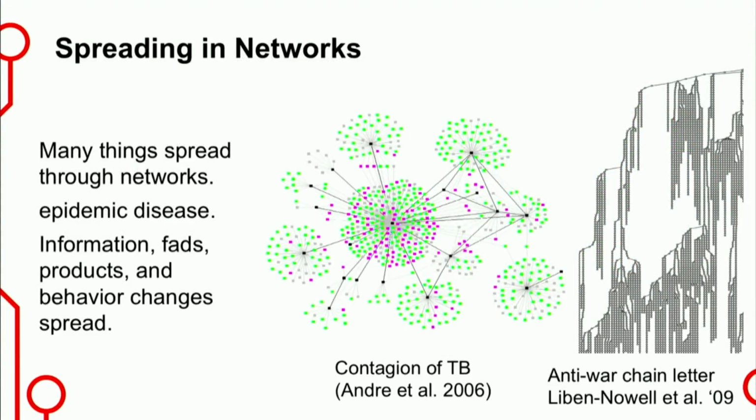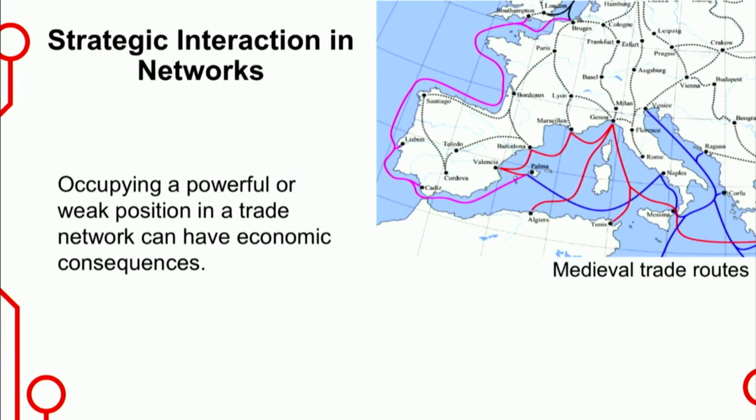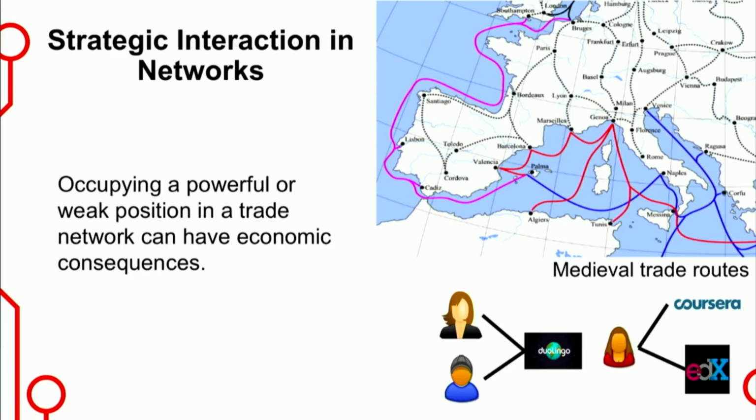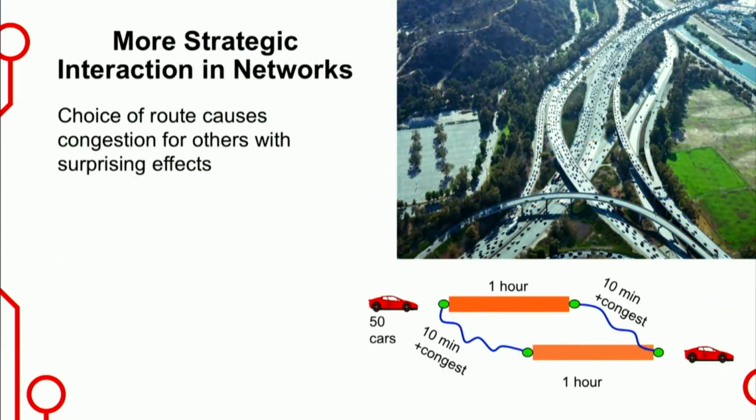We do talk a lot about spreading rumors or spreading things on a network, whether it's rumors or anything else, technology. We do talk about the market and the effect of technology, both in terms of abstract models and also in terms of very concrete, who's in a good position in networks. We talk about something that's closer to my field, how strategic interaction of people can have a surprising effect. What I have at the bottom here is what's called the Braess paradox. It's a paradox where if drivers go through a network and I'm